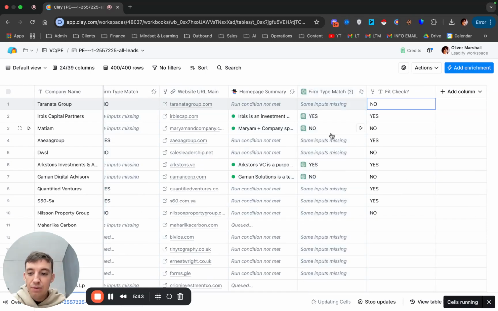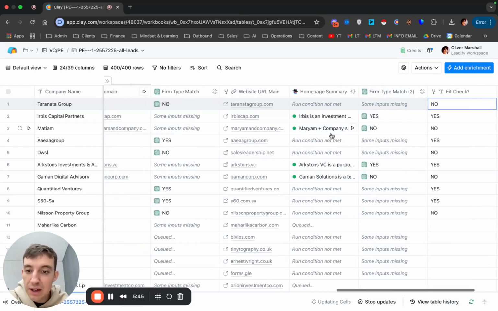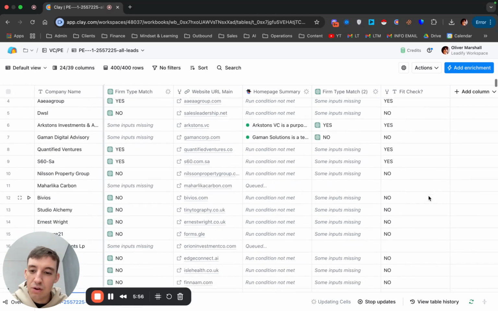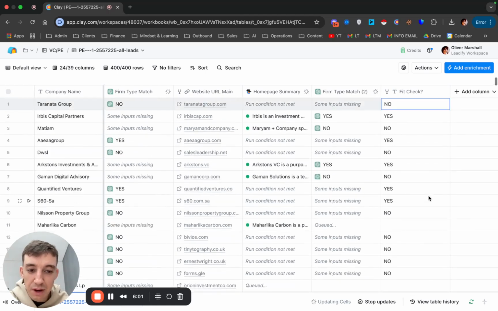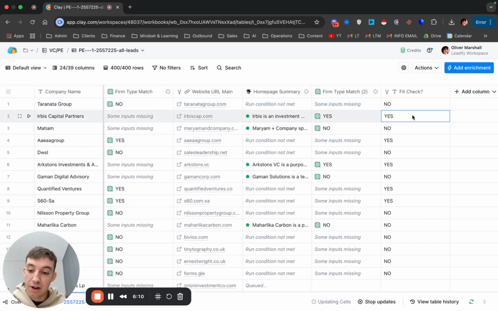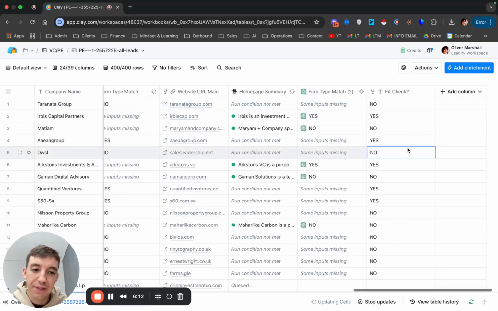Cool. So now we want to find the email addresses, okay? And the reason why we do it that way, I mean, you can do it either way. You could find the email addresses and only run the ones on the emails that are valid. That is also totally fine. It depends on which one you want to do, really. But I would prefer to run the email addresses afterwards because I don't want to waste email credits on companies that aren't fit. But then you could also say the same thing. You don't want to waste OpenAI credits on companies that aren't a fit,